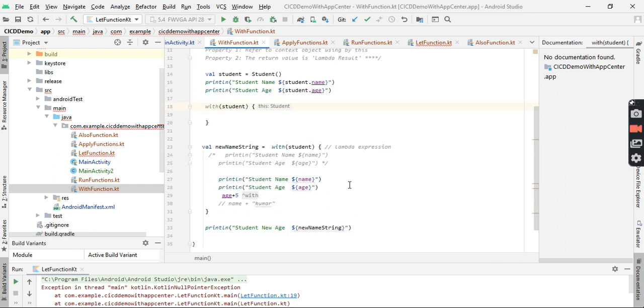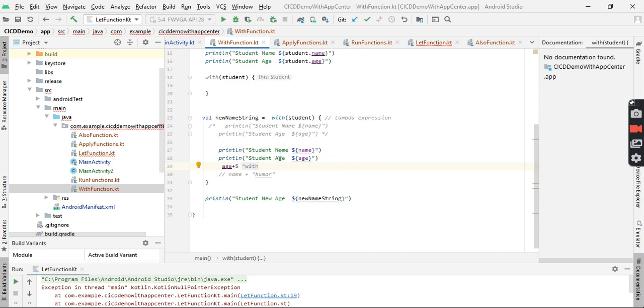So I made the block here. If I print the name and age, there is no need to access them through this, because this is automatically attached to every property here. So if I print the student name and age, it will print the name and age values by default.